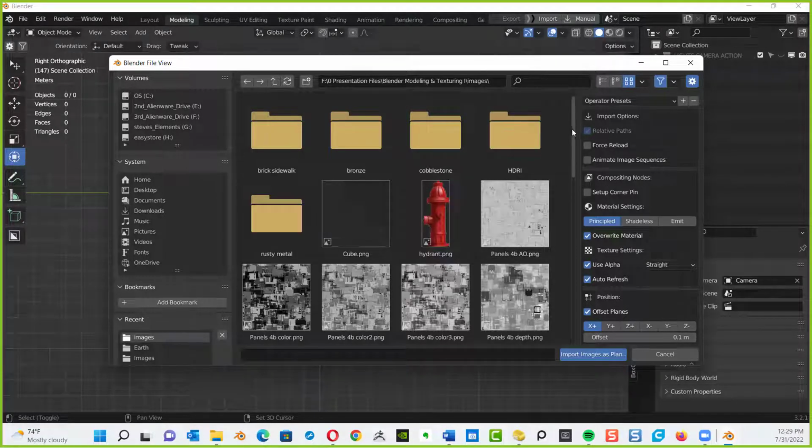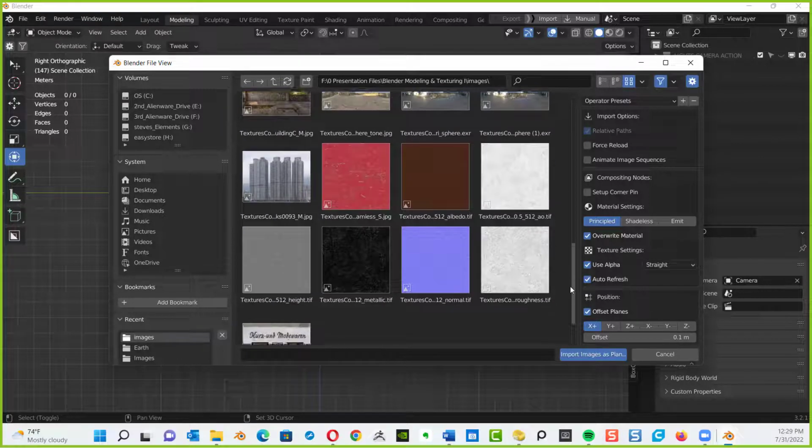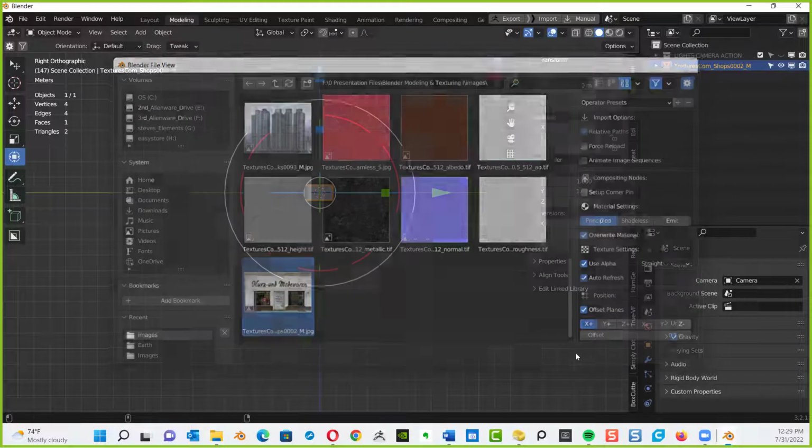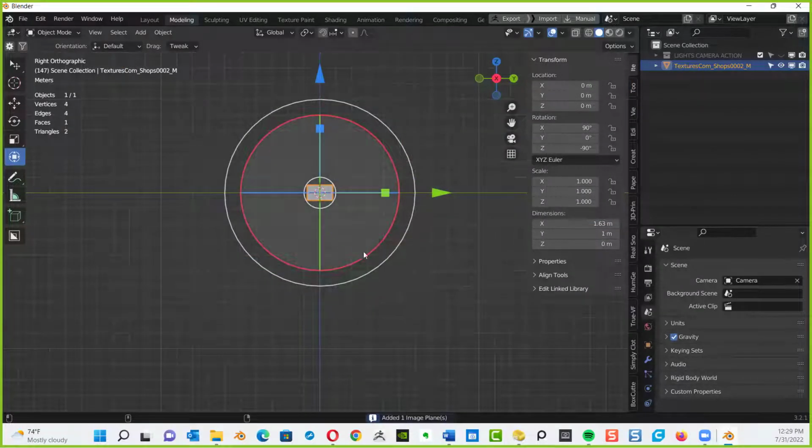There's my images folder. And I'm going to go down. I think it's down toward the bottom. There it is, right there. I'm going to select it. That's all I'm going to do is select it. Everything else is going to stay default for now. So all I want to do is bring in this image and put it on a flat plane. Import the image as plane, and there it is.